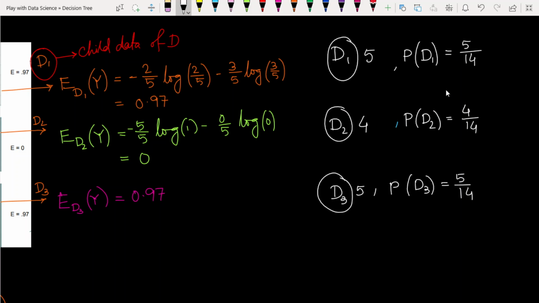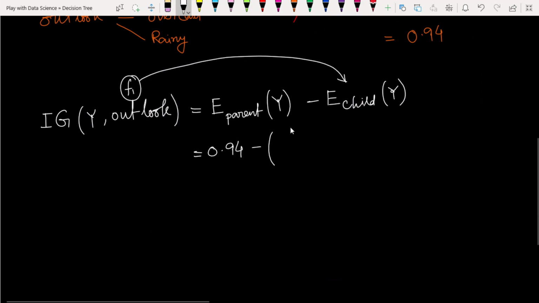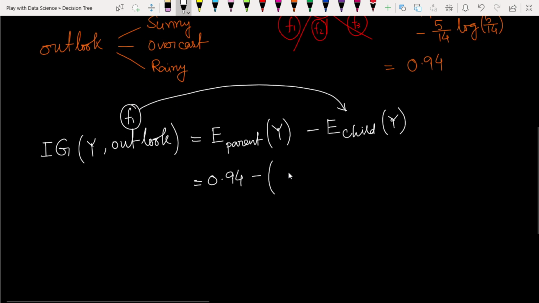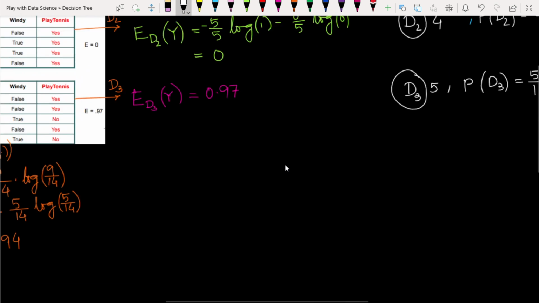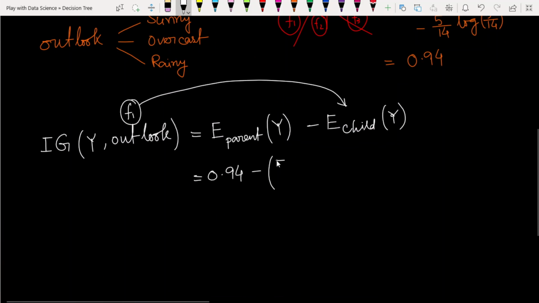This is the simple weighted value for each child. For the first child I give this amount of importance, for child 2 this amount, and for child 3 this amount. Now the entropy of the children will be calculated like that. The first weighted value is 5 by 14,